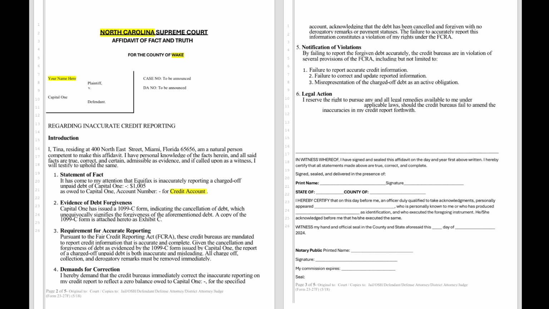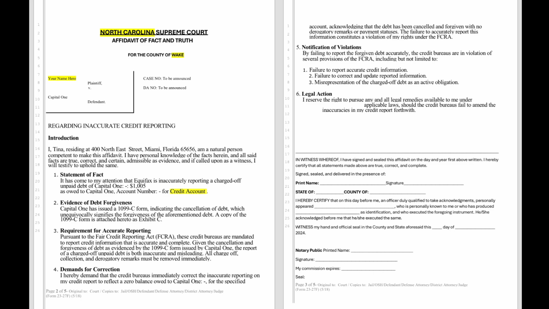Okay, so you're just going to state some facts here, like all disputing. You're going to state the facts, you're going to tell them what's wrong, and you're going to tell them what you want them to do to fix it. And in some instances, you want to tell them what your actions may be should they not comply with whatever the violation is. So okay, so statement of fact.